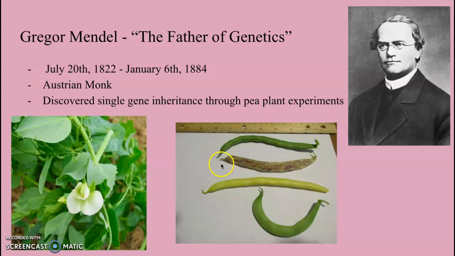Now, here are different examples of the different colored peas that exist. There's a yellow one, there's a curved one. These are all different traits. Here's a green one, and here's a purple looking one. Very cool. So through years, and I mean years of observation, he noticed that there were different traits that were